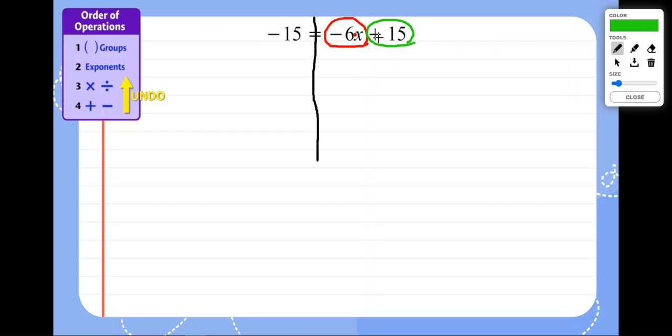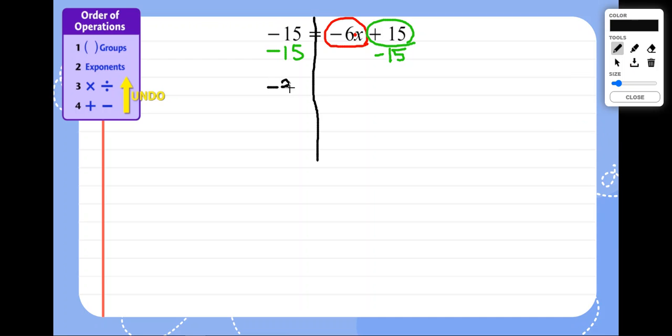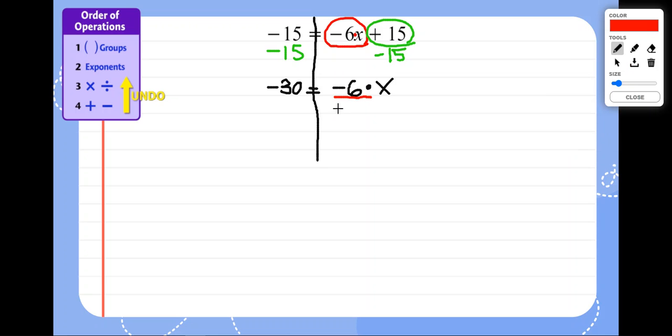We follow the same steps. We get rid of our plus or minus portion first. So positive 15 canceled out by minus 15 or negative 15. Then we bring down, what's the simplification of negative 30 is equal to negative 6 times x. And I might even just write that with the multiplication sign to make it easier for myself to see. To get rid of the multiplication, we divide, do the inverse of division,